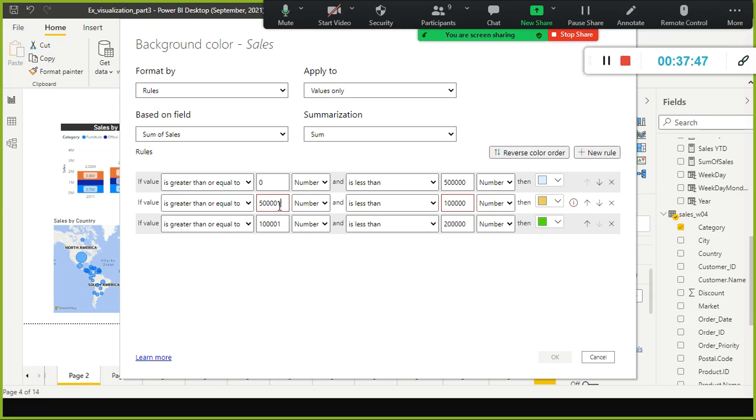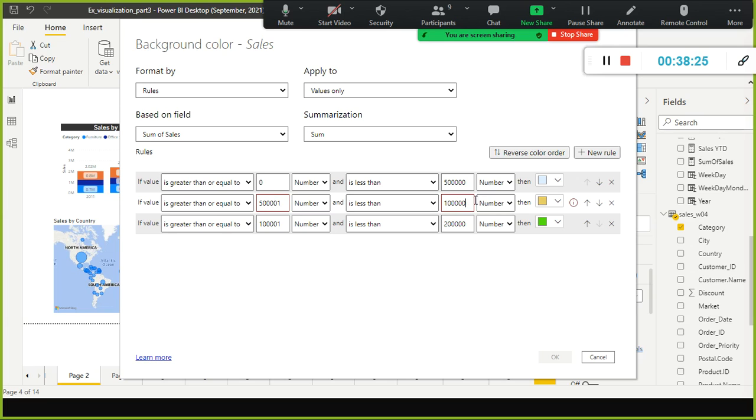Here it is 50 lakhs, right? Anything less than 5 lakhs, sorry, 5 lakh 1. So this is 5 lakh 1, it is greater than or equal to this one, and is less than this one.